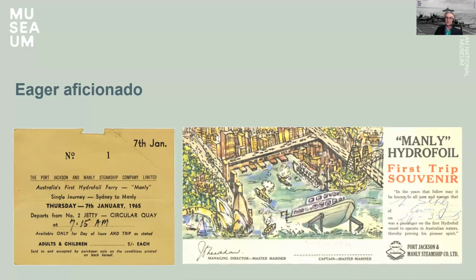Now, the one on the left looks super boring, right? It's just black and white printed, not very interesting. The one on the right looks really colourful. It's a great souvenir, and it's very 1960s. But the ticket on the left was actually the very first ticket ever issued on the very first journey, on the very first day, of hydrofoil ferries, which were this super high-tech type of boat in the 1960s. And Rob was thrilled to hold that in his hand because someone had donated it to us.